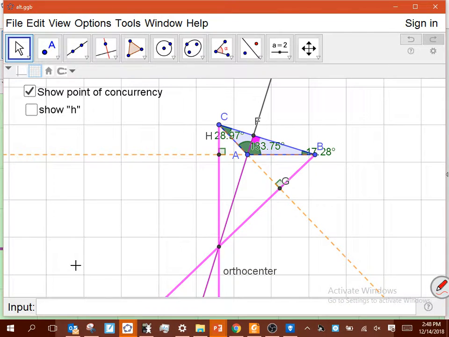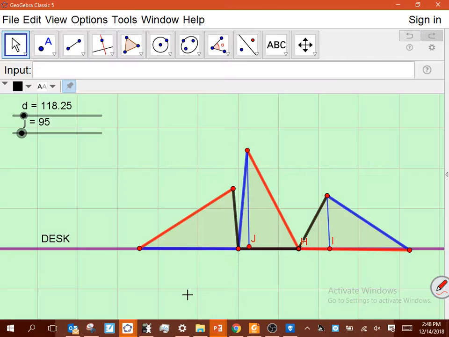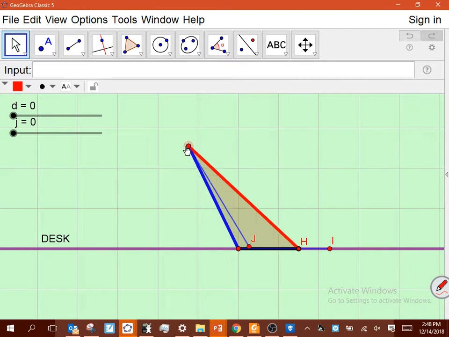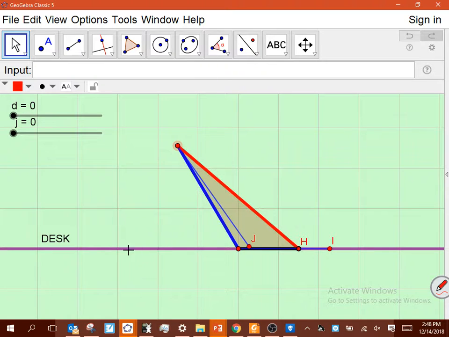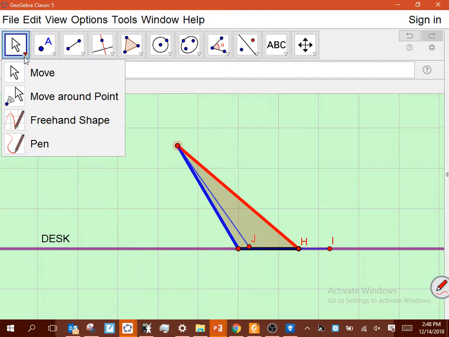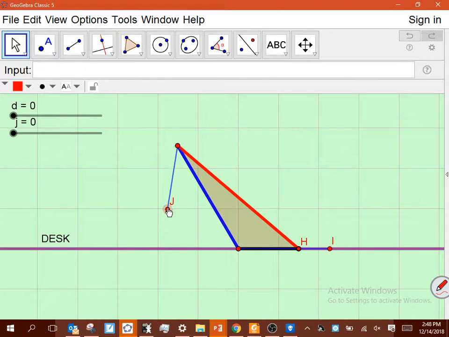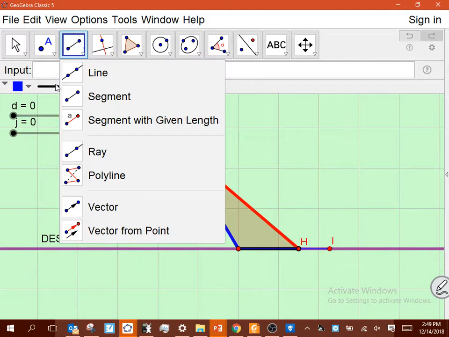Let's go back to, I think that's better explained in this picture here, maybe. If I get those to go back to 0, again, remember that this is my desk, right? This purple line is my desk. This point here is floating in the air. If I want to find a segment from this vertex up here that is perpendicular to the opposite side of my triangle, the opposite side of my triangle is going to be, let's see here,